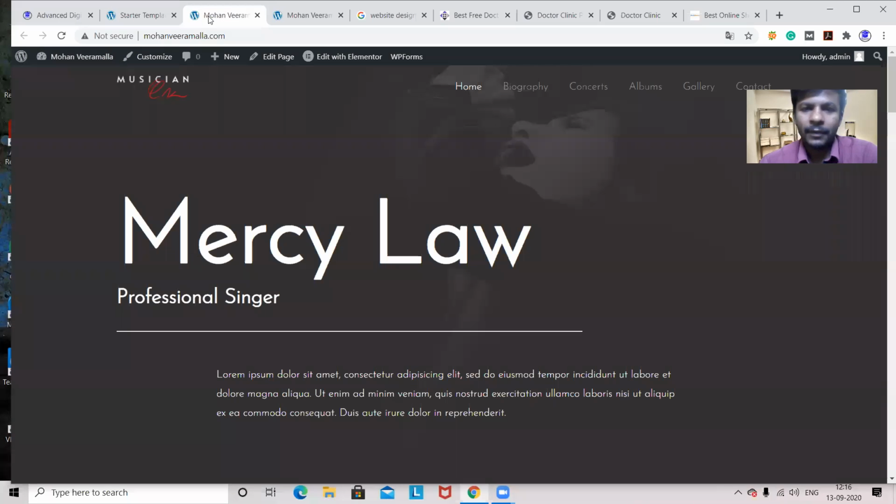Before I installed the theme, I didn't have a menu. Now when I install the theme, I have this menu. That means I have pages. I got default pages from the theme. See, by default, home is also selected.